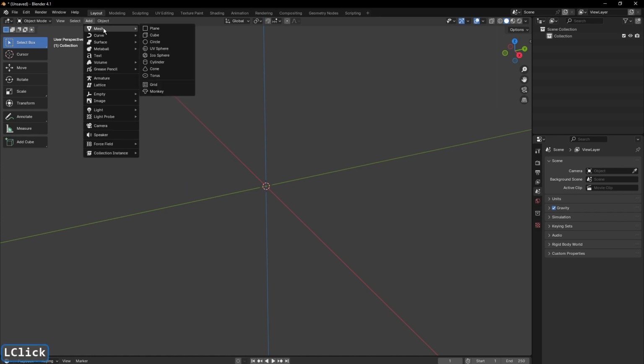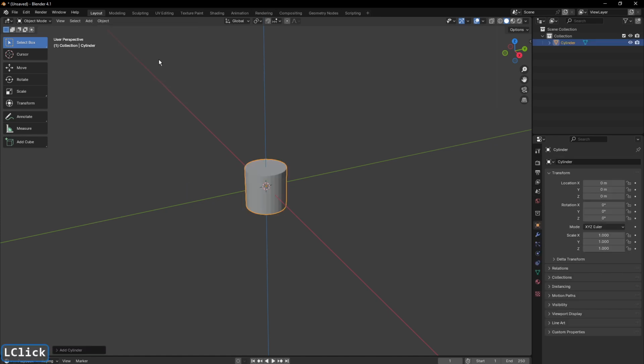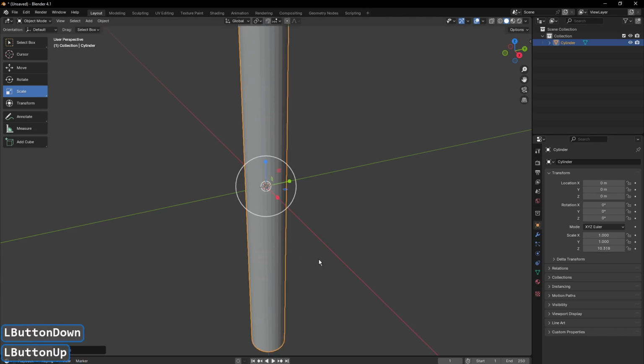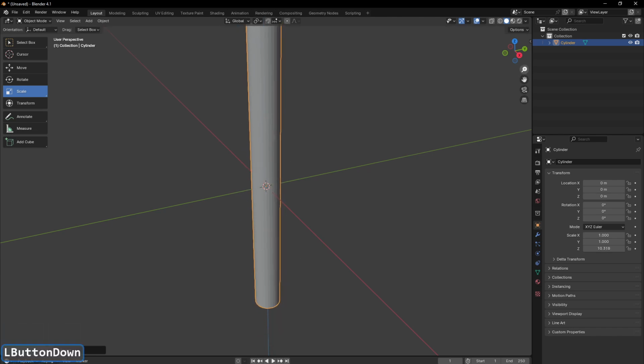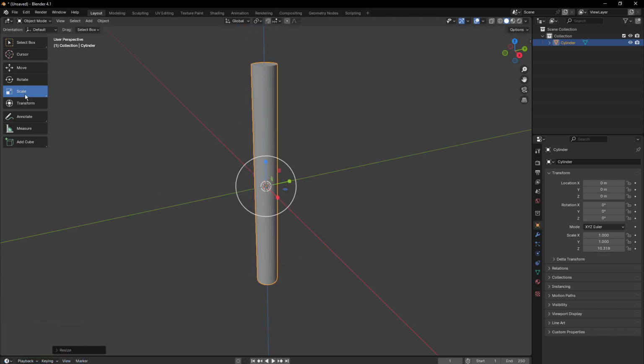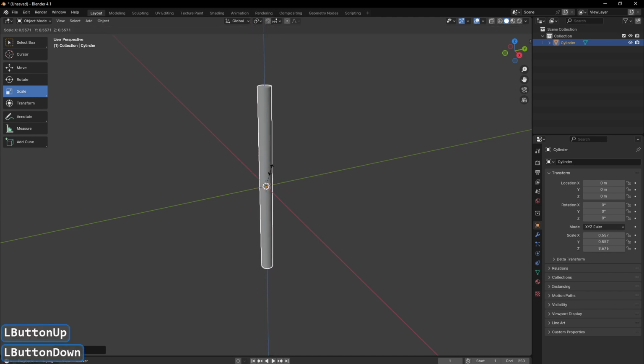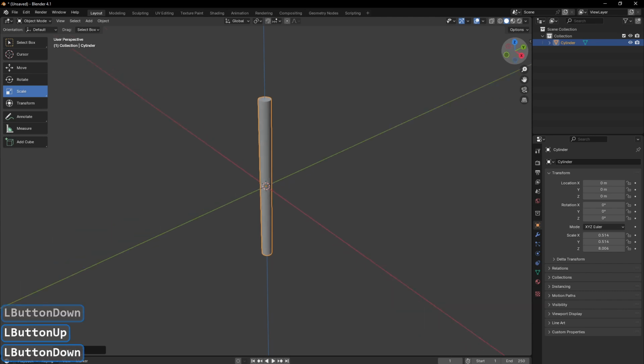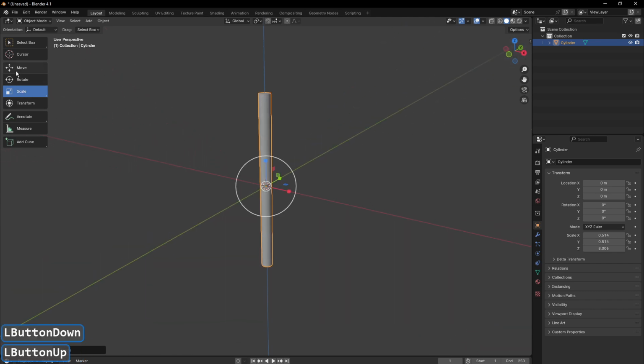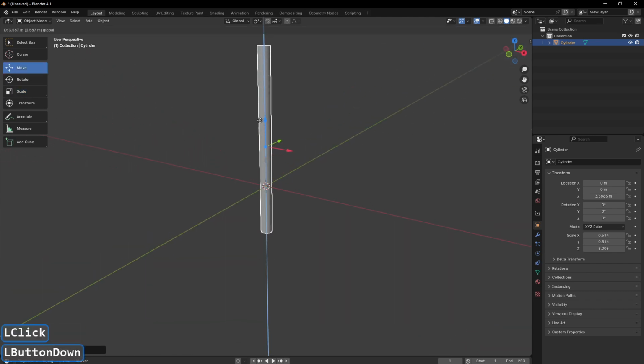Sorry, add cylinder. Scale it up. Take the view a little bit further. Alright. A little bit. Now,